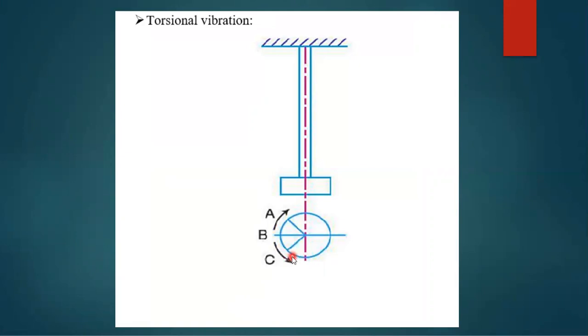In torsional vibration, we will be seeing it mostly in power transmission. In power transmission, we will be using a rotating shaft or a coupling there. At those places, torsional vibration plays a major role. And if we don't control torsional vibration, then it will lead to shaft failure also. So it should be controlled. The shaft is twisted or untwisted alternatively. Because of this, torsional shear stresses are induced in the shaft.